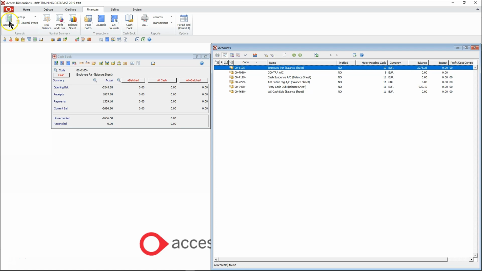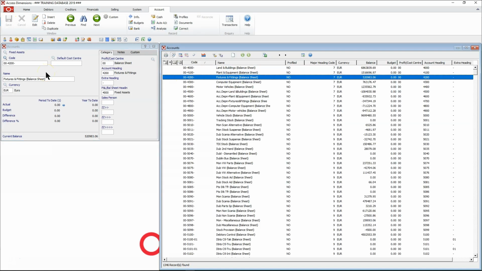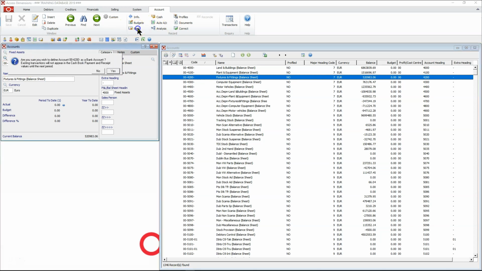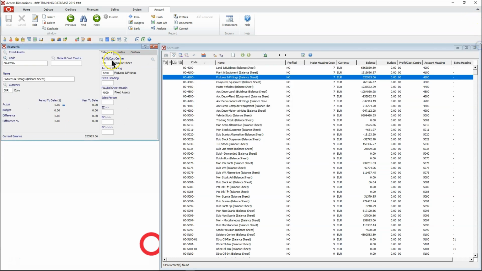To define any nominal account as being either a bank or cash account, I simply find the account on screen in the nominal ledger, and then I click on either this button that says bank or this button that says cash. Now in this instance there's a history on this account. There's actually movements, there's been transactions, and flagging it now as being either a bank or a cash account will